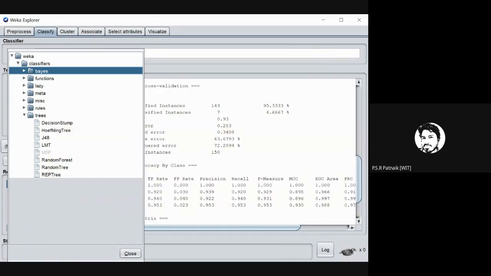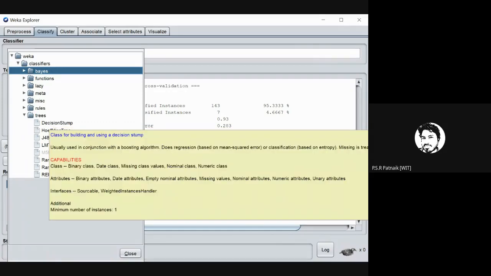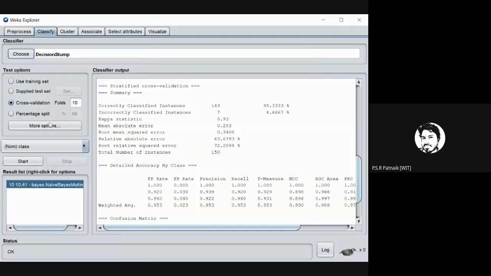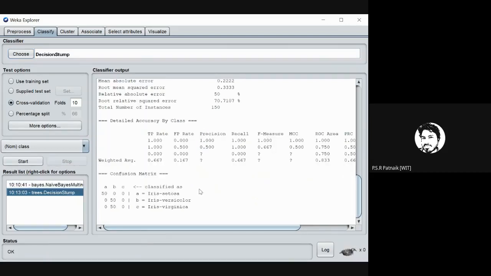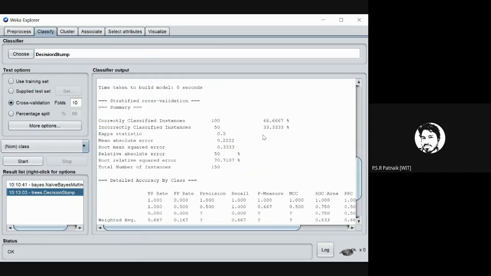So the simplest is decision stump. This is a basic tree based algorithm, right? So I'm applying the basic tree based algorithm, which is nothing but decision stump. Then if I run it now, how much accuracy am I getting?